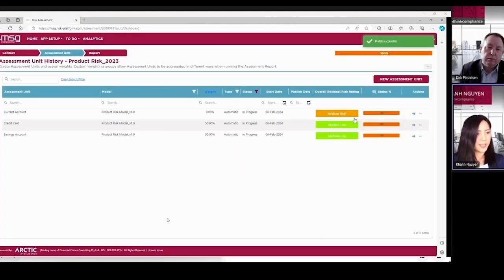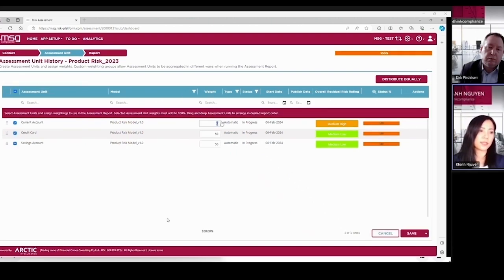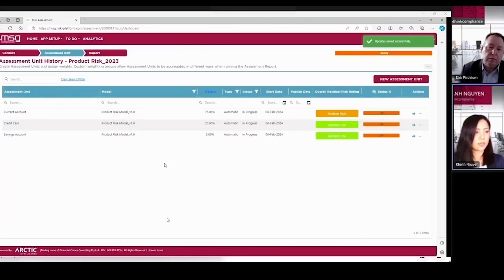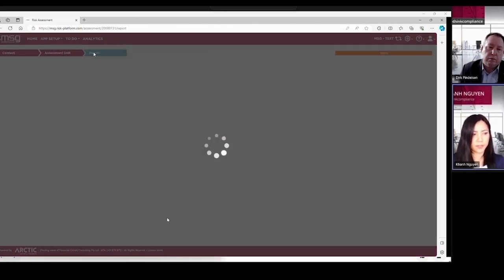And now you see this has another risk evaluation or risk rating, of course, because the answers of the questionnaire have been answered differently. And now you can provide a weighting, adjust the weighting of these 3 products. You can have an equal distribution, but you could also use the weighting feature to reflect the transaction volume of each product.